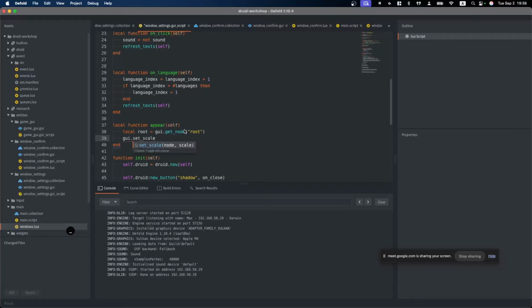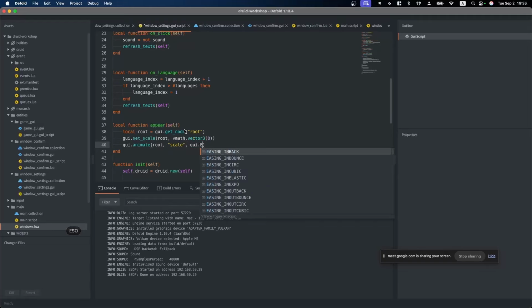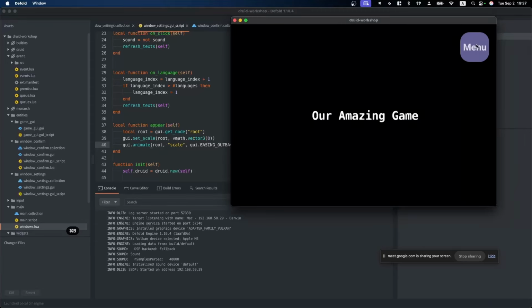Let's scale it to 0 with the GUI scale function, and animate it with GUI animate back to the state. It's a scale with async. You need to pass the easing function. Let's use out back for 0.3 seconds. That's all, I think, no?